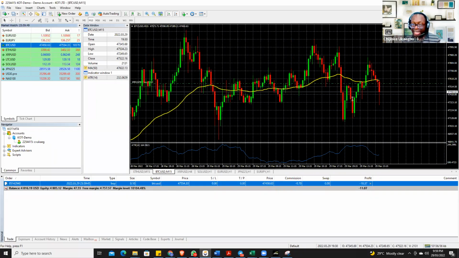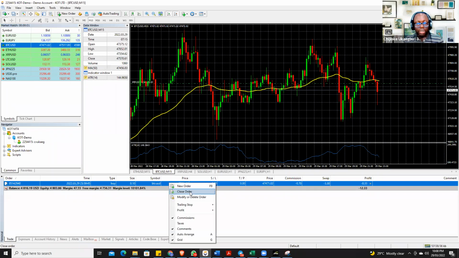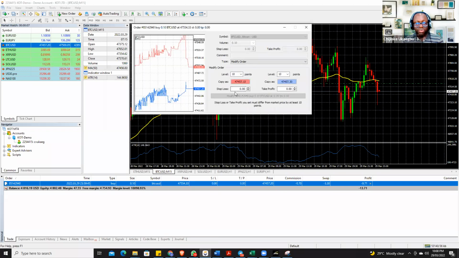What do you then do? You now have to add your stop loss and take profit. This shows us where our entry price is. It is 47554. So what is our stop loss for this trade? Okay, modify order. 47554 is our entry. What's our stop loss for this buy trade? For a buy trade, this is the stop loss that we are talking about. The entry is 47554. What is our stop loss? Remember, for a buy trade,